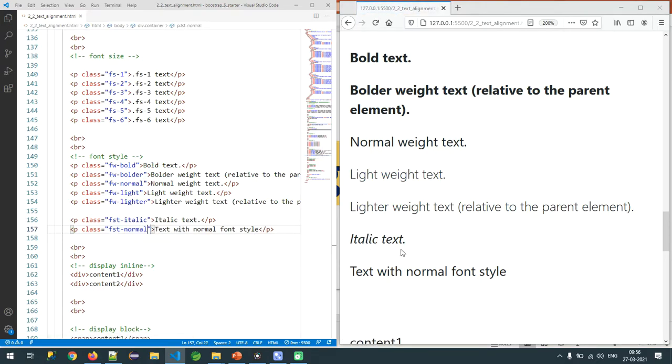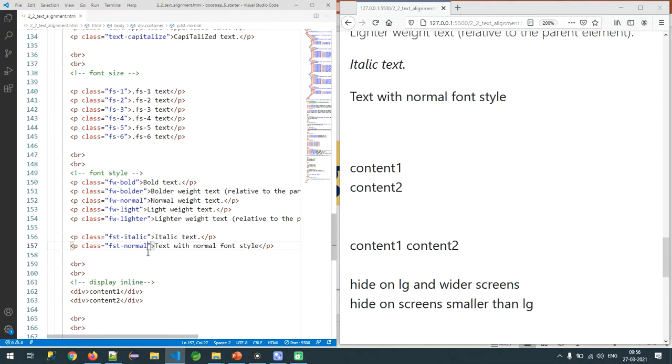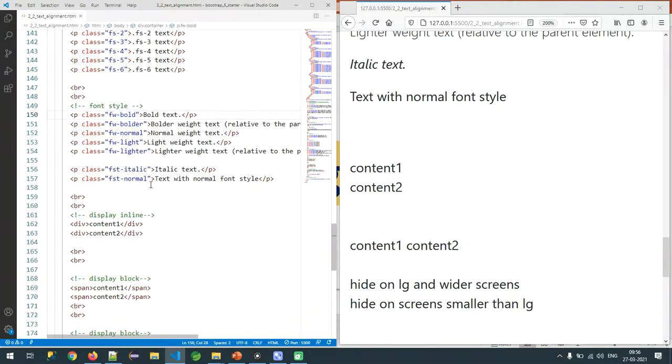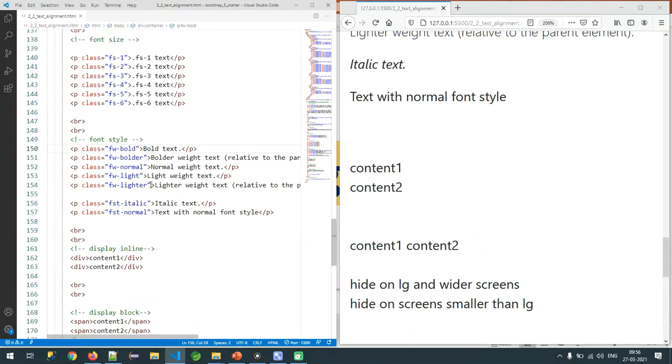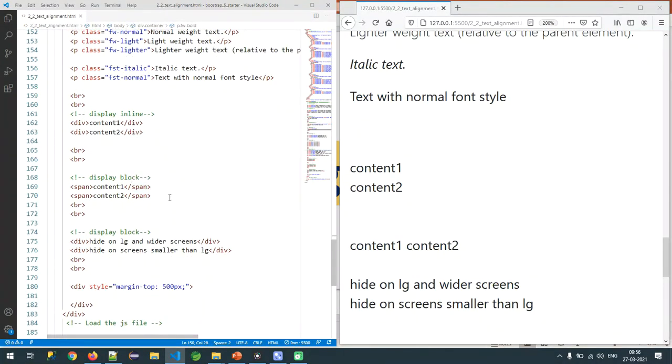Now this is the way I can control my application with the different styles. So these are the things related to the font manipulations by Bootstrap. We can increase the font size and we can change the font style also. It is possible. So these are the things related to the font. The last one in this video, I'm going to discuss is the display.